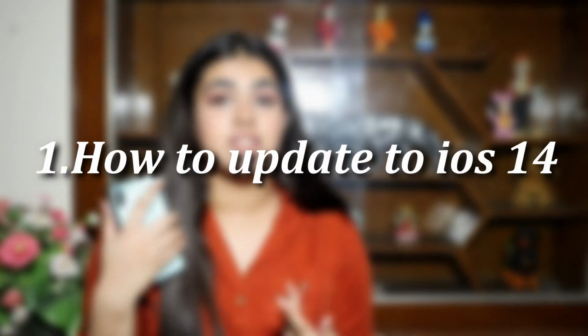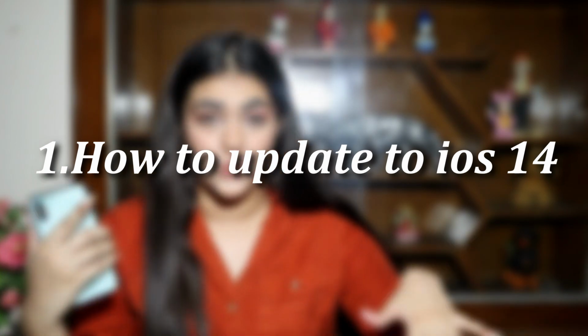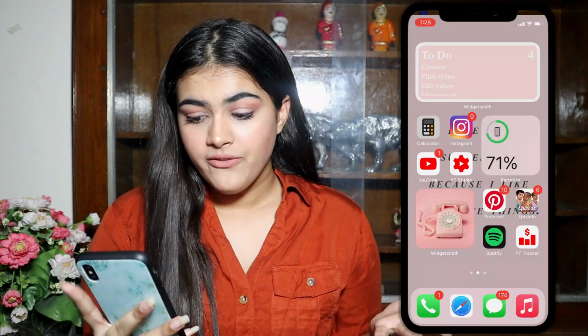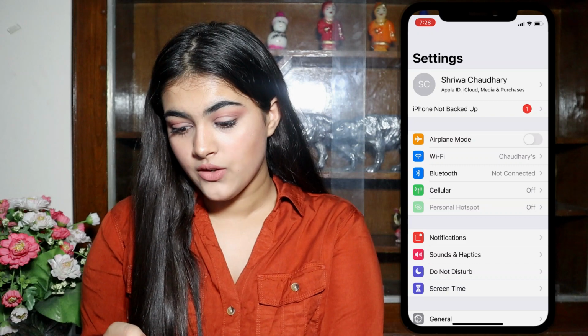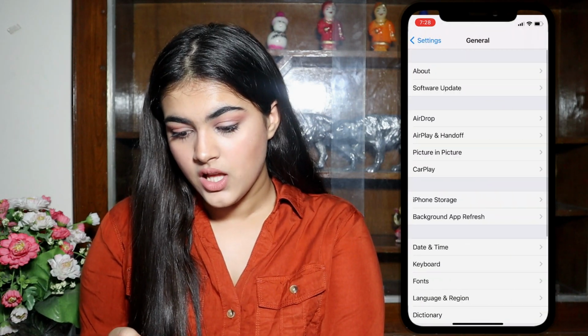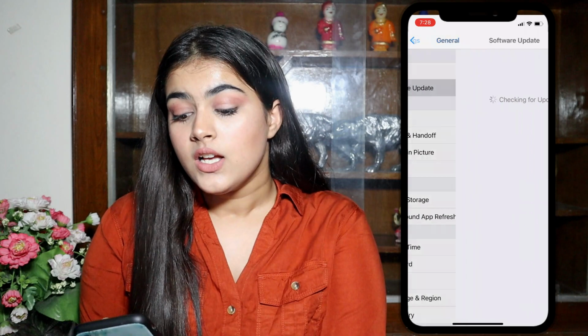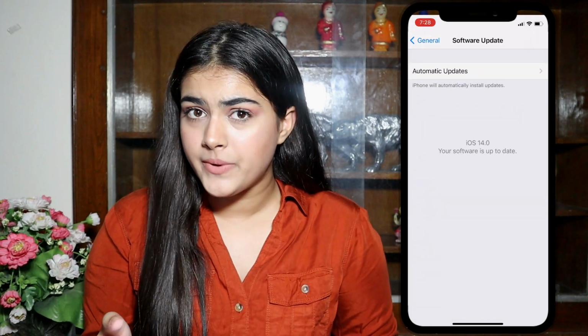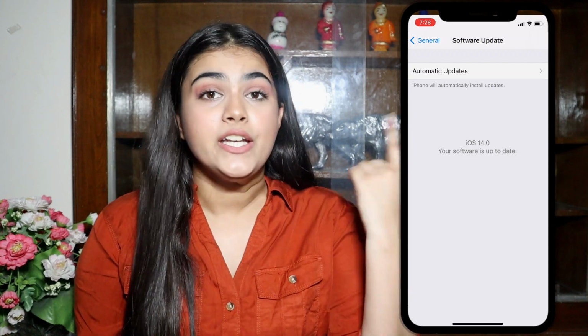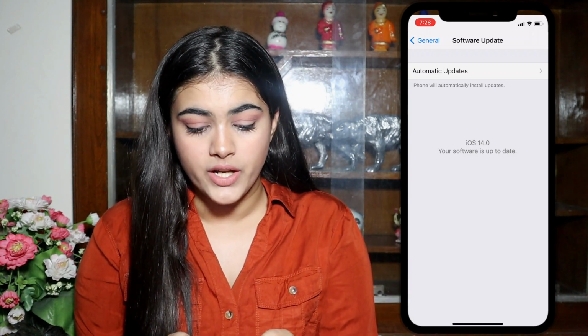So the first thing is you have to know how to update to iOS 14. So to do that, I'm just quickly gonna start screen recording my phone for you guys to show you guys how to update to iOS 14 to actually get all the features. So all you have to do is go into your phone's settings, just like that, and from there you have to go into general, and here you will find a tab called software update, and there you will find the new iOS 14 update. I have already updated mine, so it's not here, but in your phone it will be there. So from here you can update it. It will take some time, but it will happen.